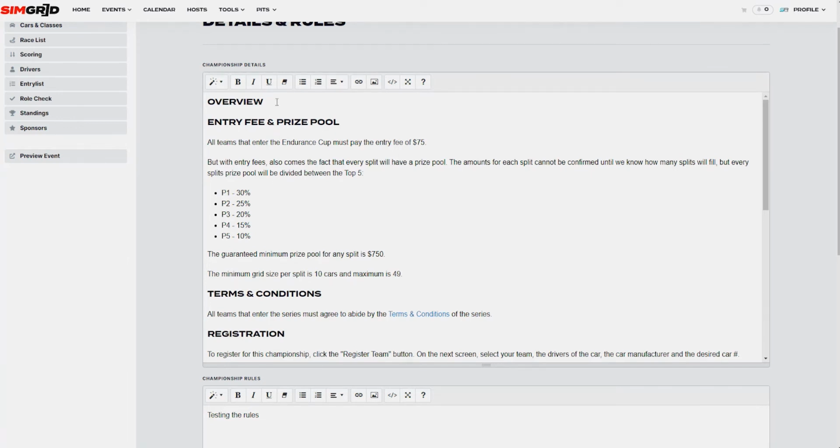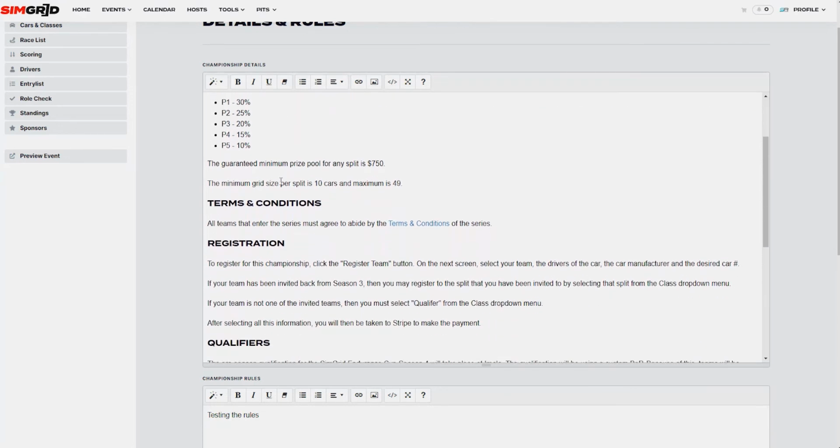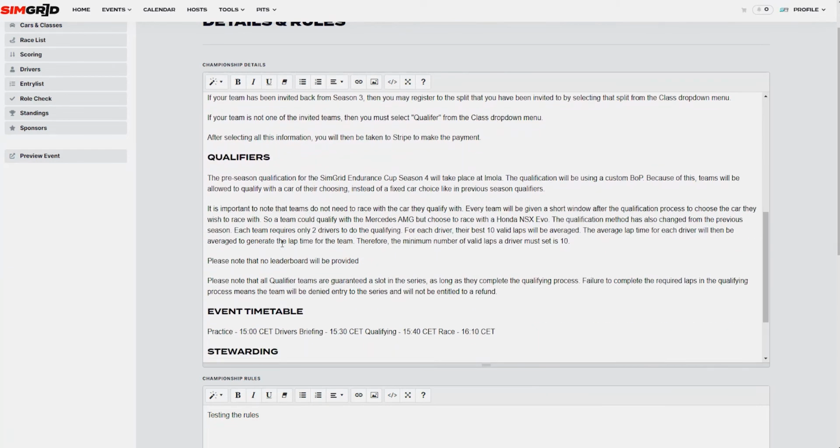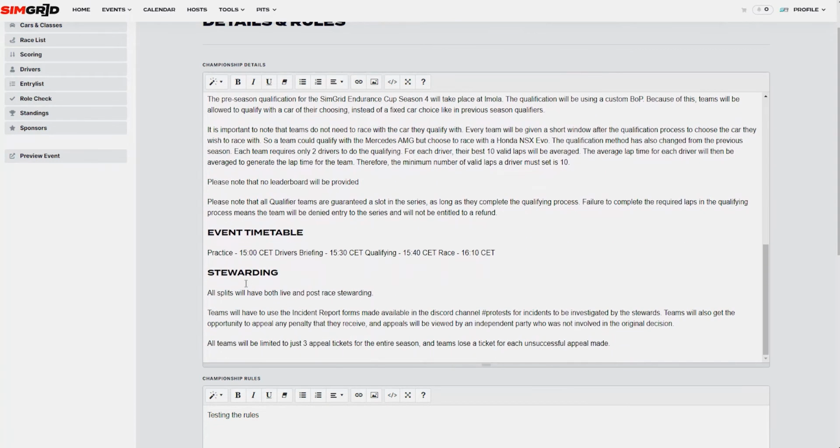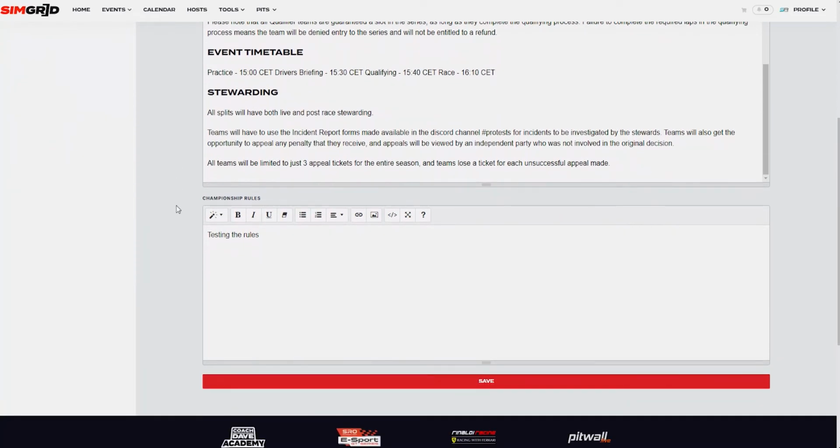This could be such as an overview to try and advertise the event if you like, information about entry fees and prize pools if they're applicable, how to register, timetable, stewarding if you have it, any information that you want your drivers and users to know about, put that here in the championship details box. If you use your own rule set, which I imagine most communities will, then you're also able to paste your rule set into this box